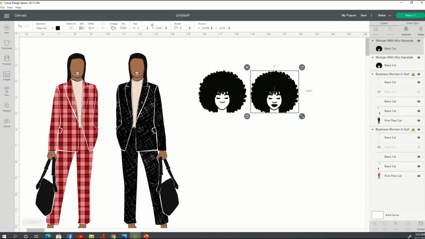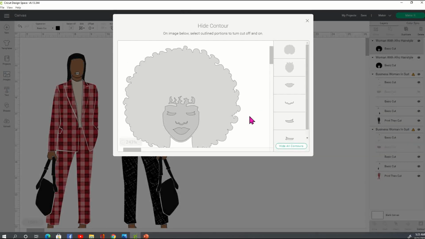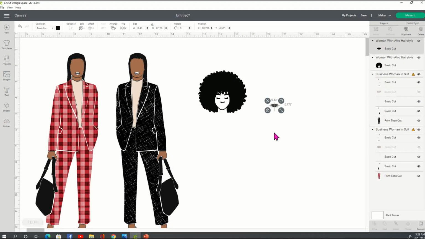On this one, I'm going to click on the contour button, and I'm going to get rid of everything but the lips. Okay, so I'm going to go ahead and get rid of those. And all I'm doing is the ones that I want, I'm leaving them active, and the ones I don't want, I'm deselecting them. So now I have the lips,